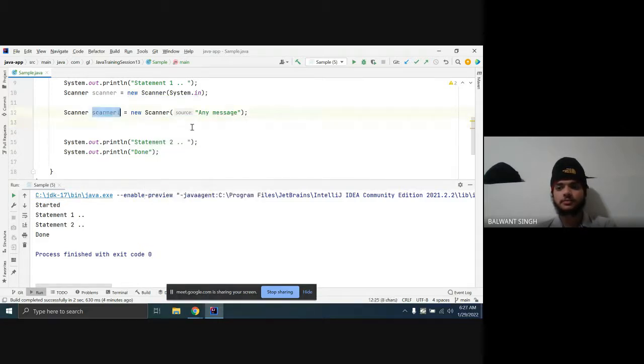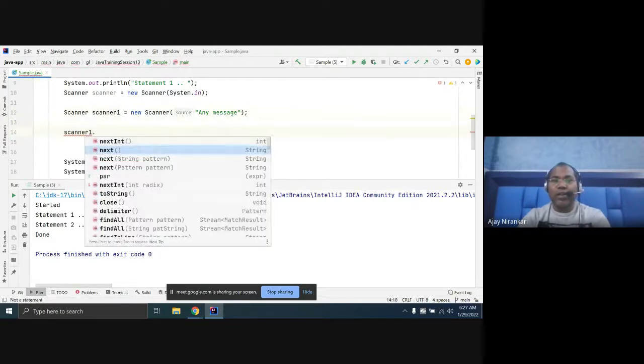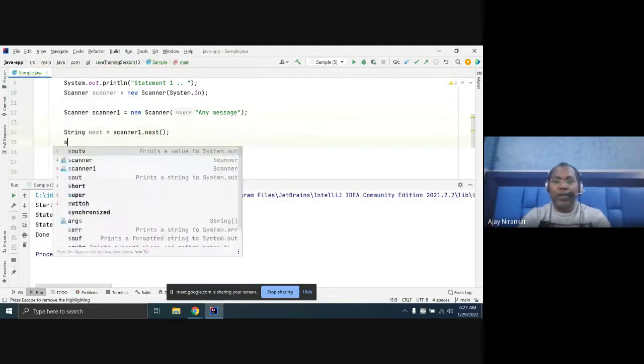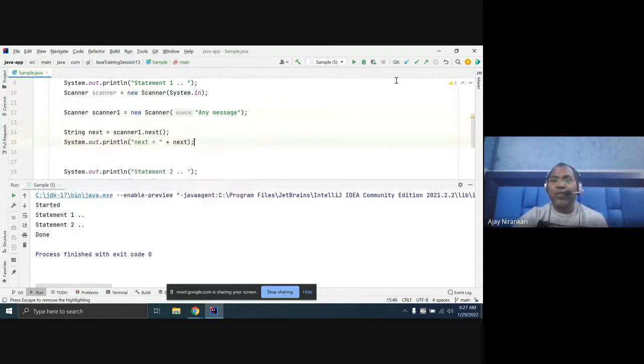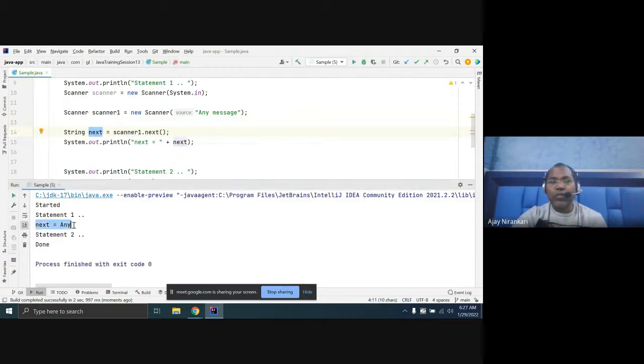So here say scanner.next, give a value and try to print it, and you will notice that it gets only the first value, because by default these statements are broken using the space character. If you are not passing any space, it will read the whole message.